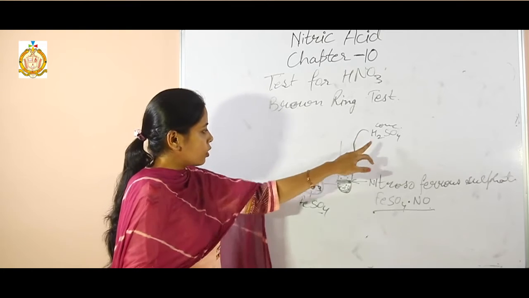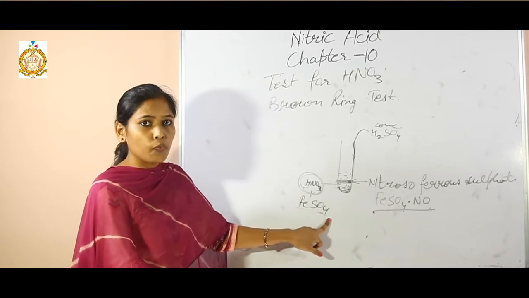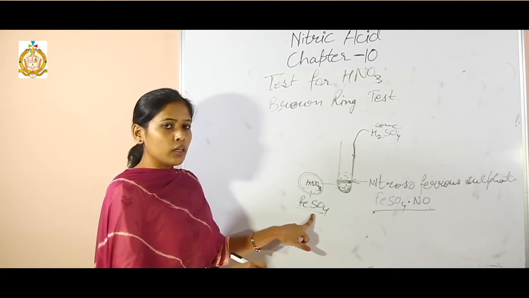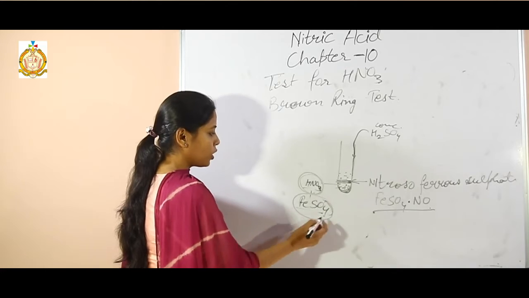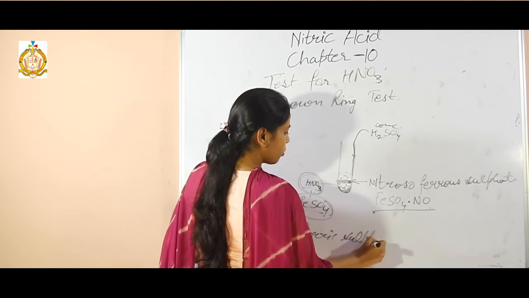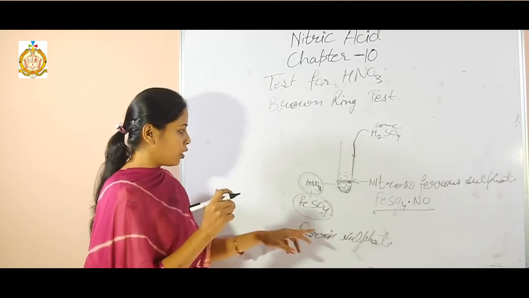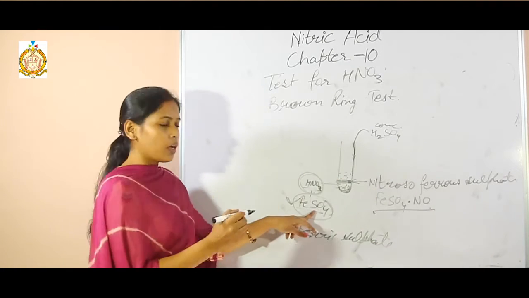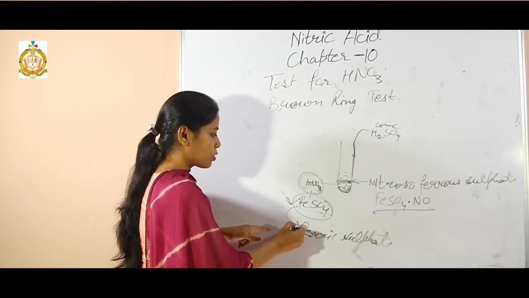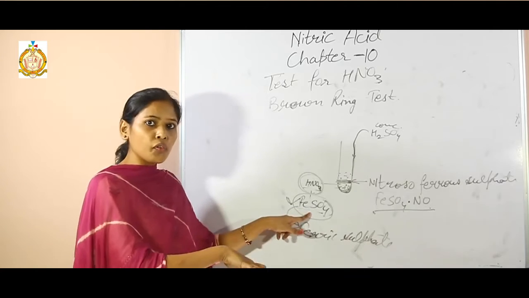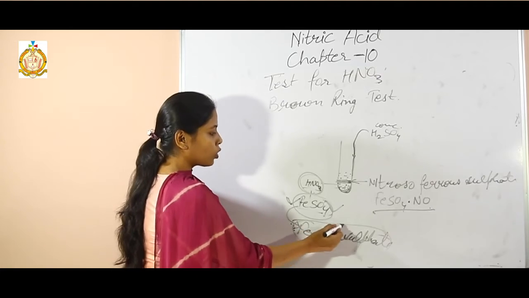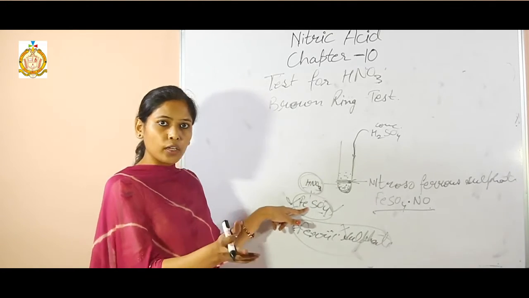First note is, this ferrous sulfate should be used freshly prepared. Why? Because if we use the old one, then you will not get ferrous, you will get ferric sulfate, and it will give some other compound, it will not give the brown ring. So prepare it at the same time, so that it will not oxidize. If you use old ferrous sulfate, that is not ferrous sulfate, that will be ferric sulfate, and it will not give the brown ring test, so it should be freshly prepared.